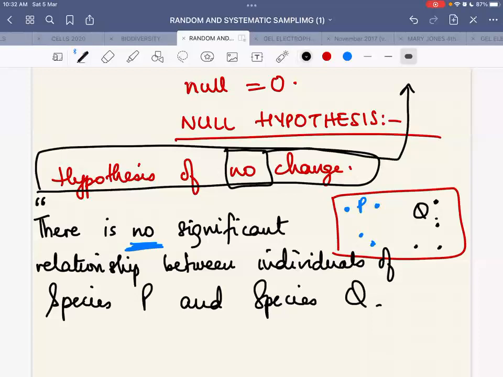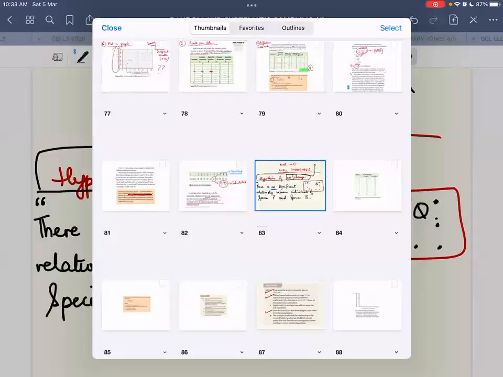तो इसमें मैंने ये नल हाइपोथेसिस बनाया। फॉर एग्जांपल, मैंने आपको अभी स्पीयरमैन रैंक का क्वेश्चन ही नहीं दिया, मैंने आपको कहा कि in a garden there are species Q which is growing and there is species P which is growing, and make a null hypothesis for this. तो आप क्या null hypothesis बनाओगे? आप कहोगे there is no significant relationship between the individuals of species P and the individuals of species Q, और फिर आप उसको प्रूव करोगे, ठीक है। अच्छा, अब जाते हैं पीछे स्लाइड पे। इसमें क्या लिखा है कि